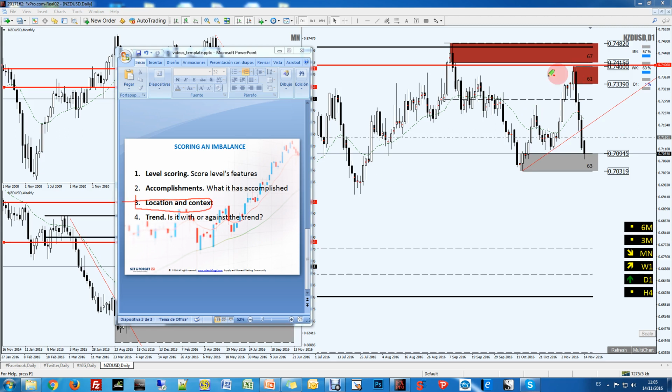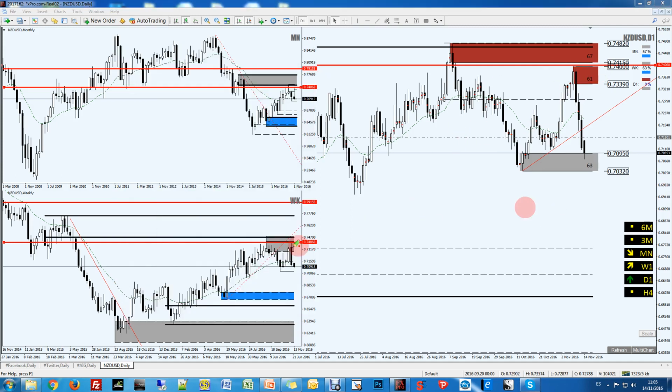It is nested. Why is it good? Well, the composition is good, level scoring good, location and context. Why is it good for location and context? Because this is the daily area of supply. It's nested within a weekly area of supply, nested within a monthly area of supply and a 3 months area of supply. If you look at the 3 months chart, taking into consideration the tips that I gave you before, when the monthly top time frame of sequence is out of alignment. So we've got a very good level of demand supply up there whose accomplishments are great,